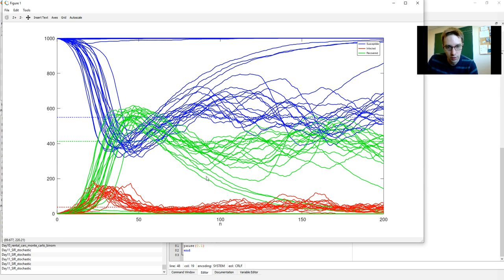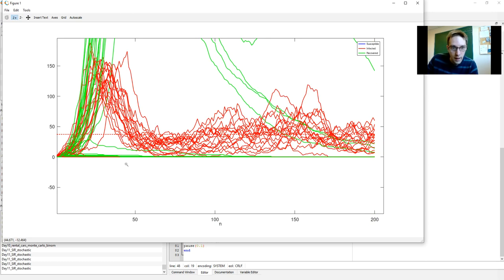And if you look at, again, recovered, here we have a spike for most curves, but every once in a while, the number of recovered goes down to 0. And one time, the number of recovered went down to 0 early on. It's the hardest to see in the infected, but actually that's where all the interesting stuff is happening here. So let me see if I can zoom in on that just a little bit. And this is where we see the reason why this was happening.